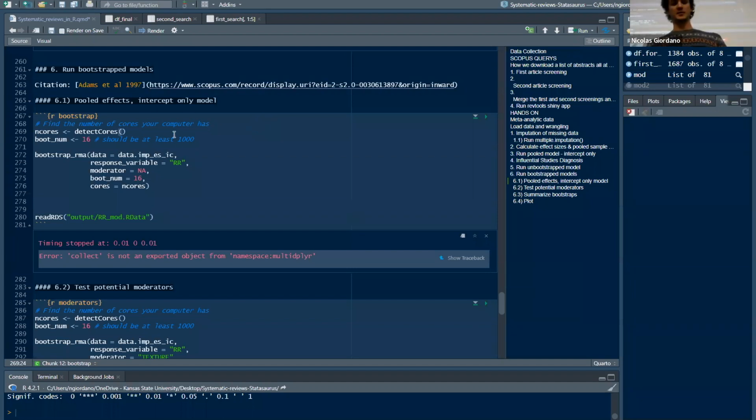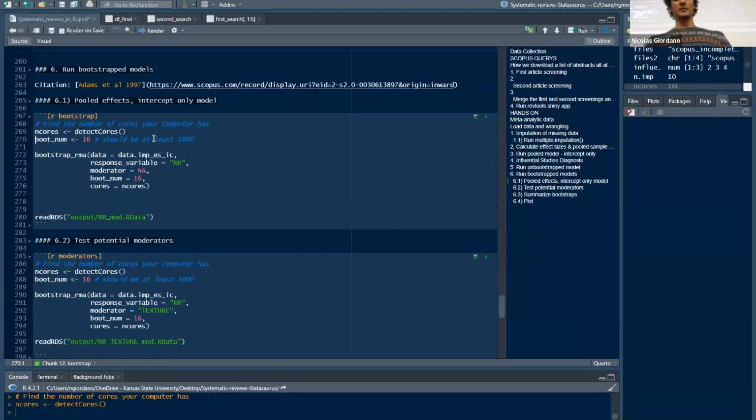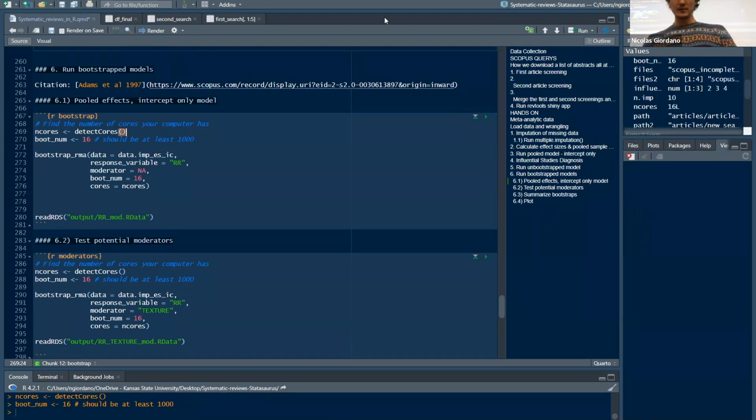So this function doesn't allow you much customization. If you want to do something more complex, you might just need to grab the function and customize it on your own. But you just take the number of cores your computer has for parallel processing, and you set the boot number, I mean, the number of bootstraps that you want to get. Here I just put 16, but it should be at least 1,000. And the function, if you look here, what it's doing,